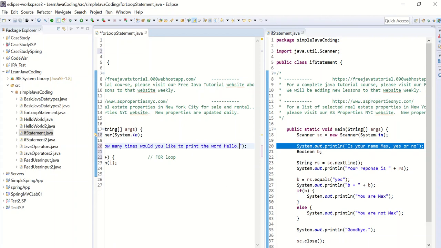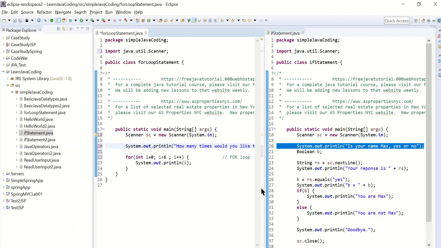And the user is going to enter a number. So I'm going to read that number. I'm going to say integer